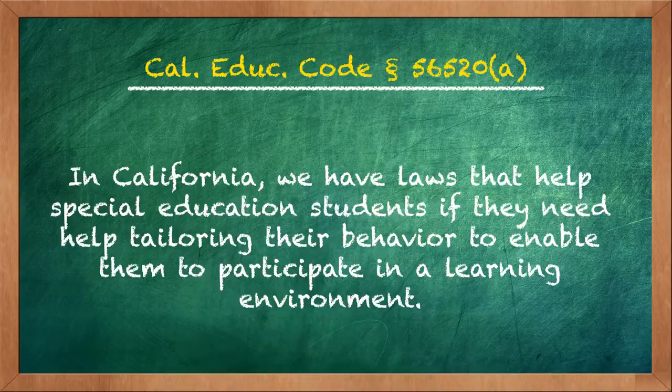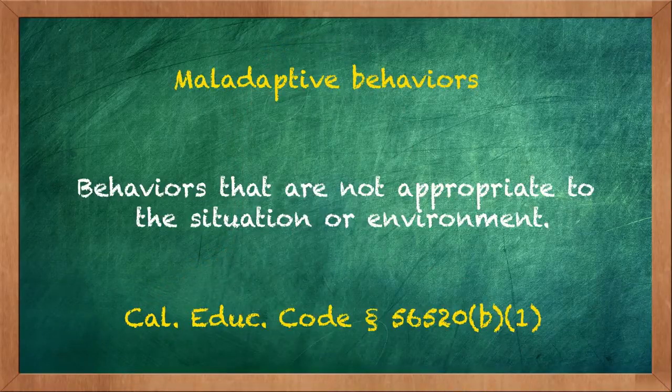Okay, let's now talk about the behavior that happens in a classroom. In California, we have laws that help special education students if they need help tailoring their behavior to enable them to participate in a learning environment. As a result of this, California law provides that maladaptive behaviors, that is, behaviors that are not appropriate to the situation or environment, that may interfere with the education process, may be addressed through behavior interventions administered in a way